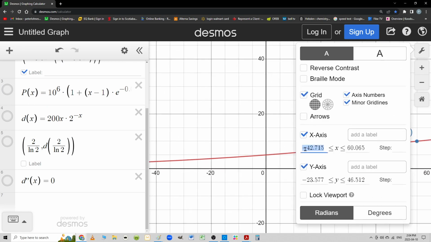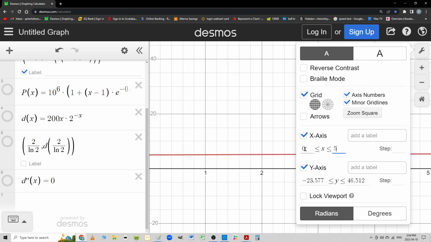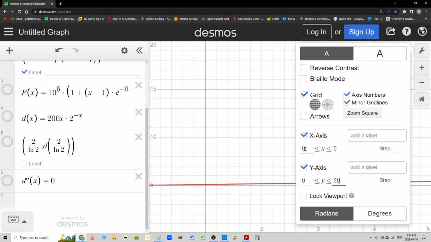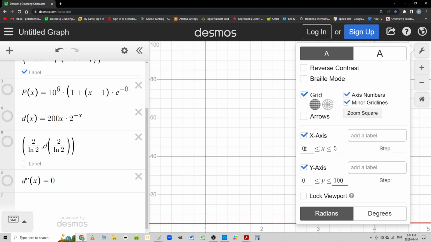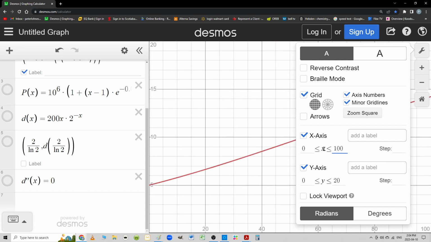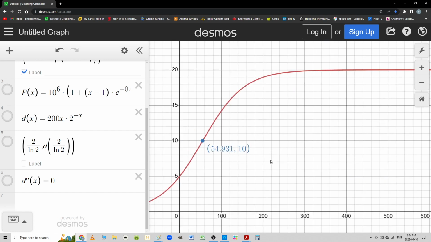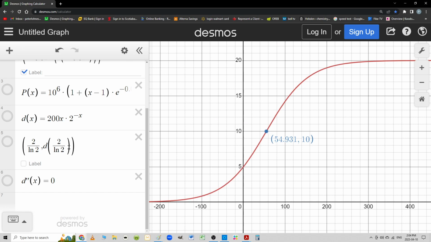I'm going to just shorten my x-axis to maybe 5. And I'm going to shorten my y-axis to 0 to 20. Oh no, 100? No, 20. And then I'm going to make this really long. There we go. That's a bit better. How about 500? There we go. And sure enough, notice that this is just the point